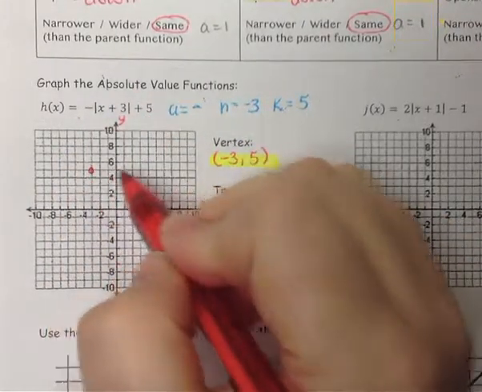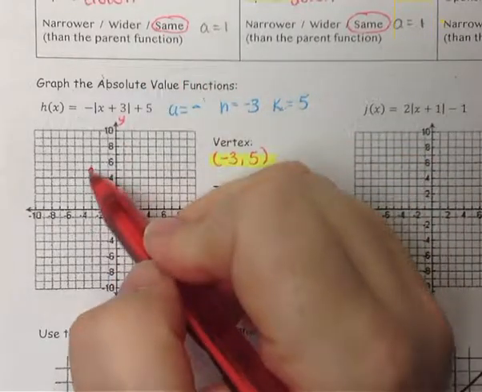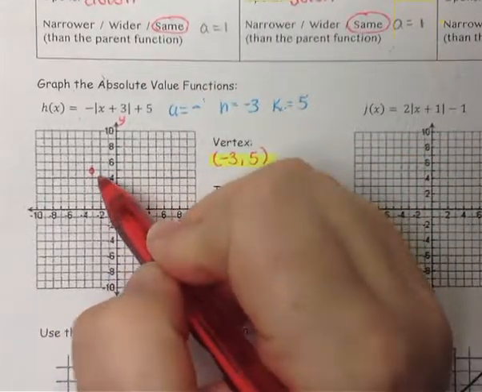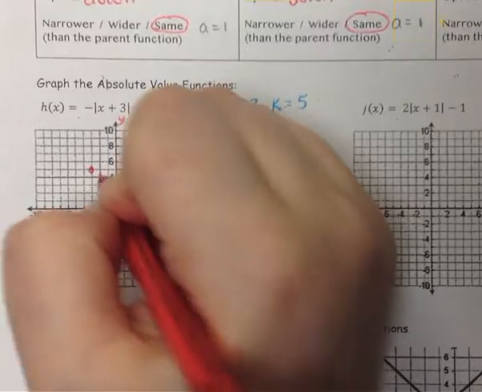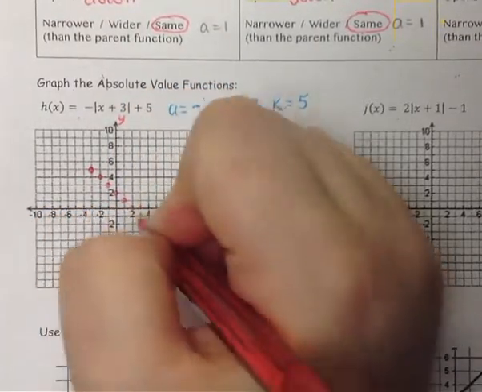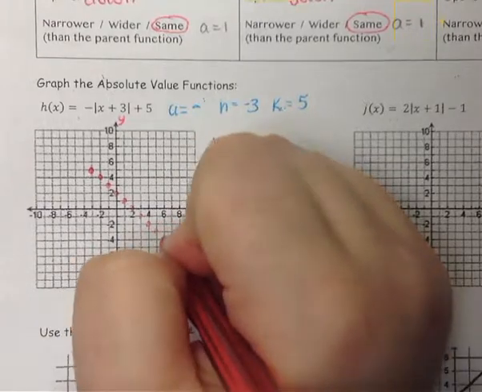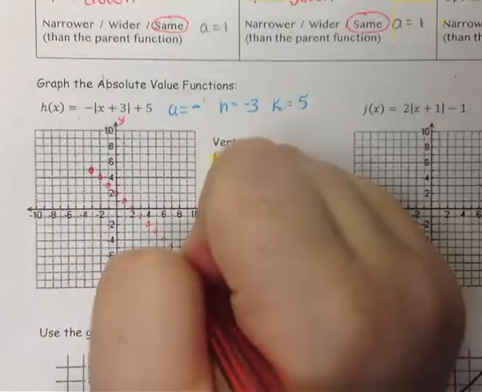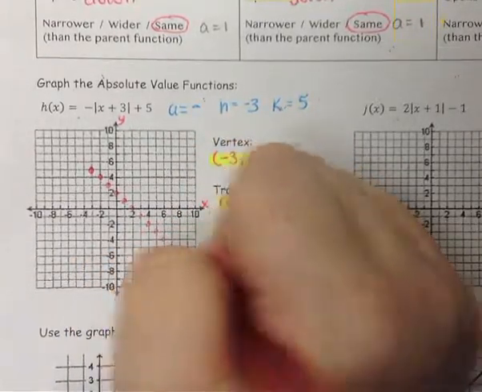So negative means we got to go down. So we're going to go down 1, but then we have to go to the right 1. Down 1, right 1, down 1, right 1. And we keep going. The thing is that we are creating a line, but we're technically creating an array because